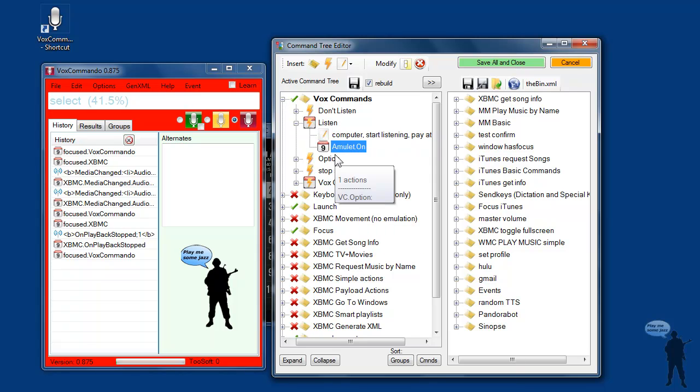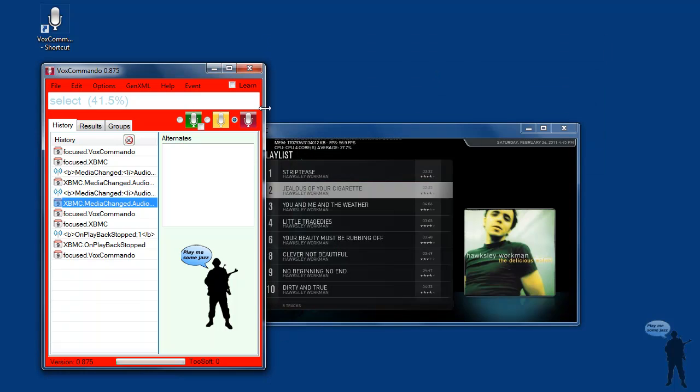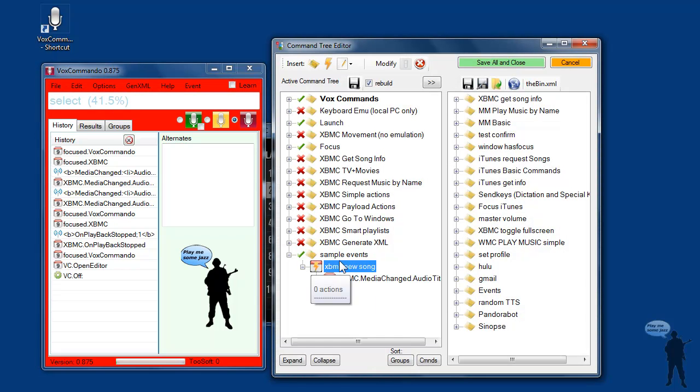If there's any events in a command, the icon will change from a regular command icon to an event icon. There's a small bug where this doesn't show up right away until you save and reload it. So here you can see that the icon has changed. Okay, so here's our XBMC new song command, and it's being triggered by this event, but it doesn't do anything yet,